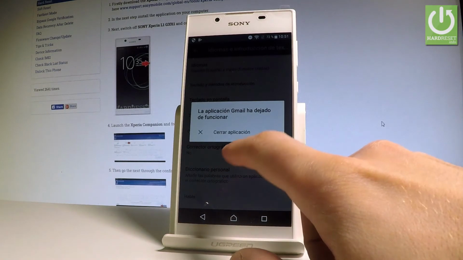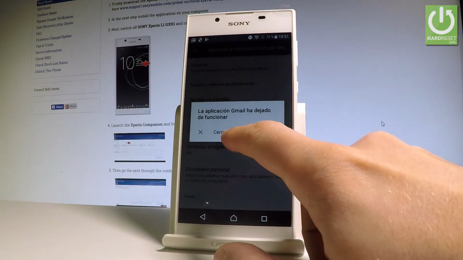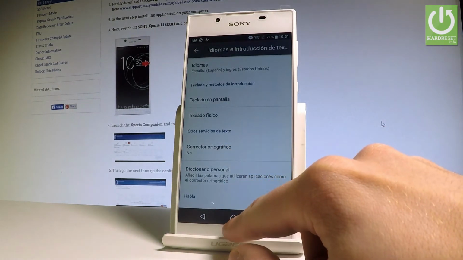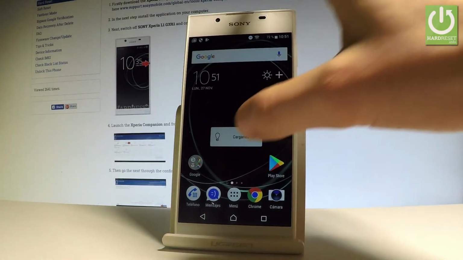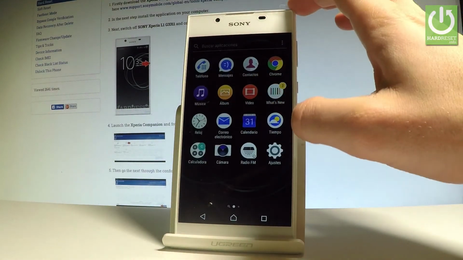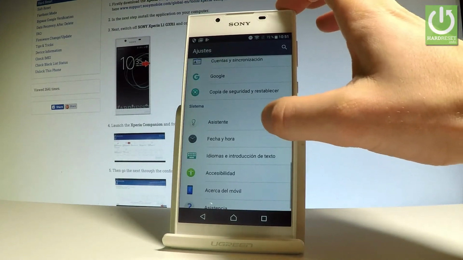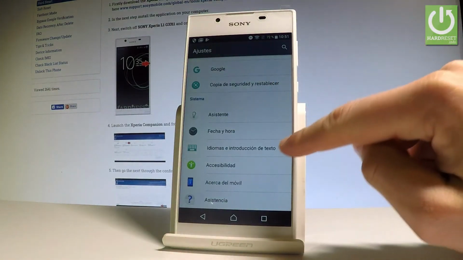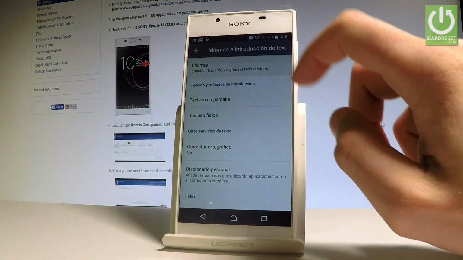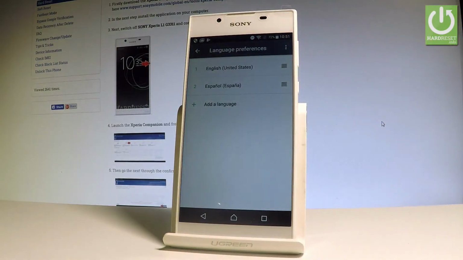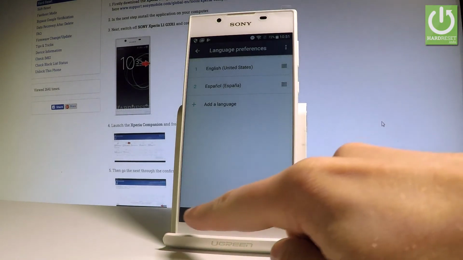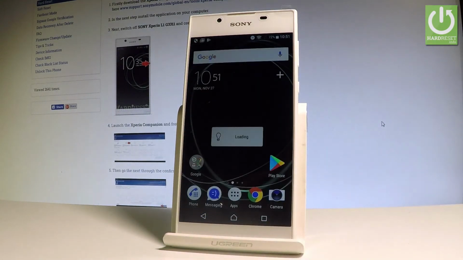and right now the whole list of settings and also the applications are in Spanish. If you would like to go back to previous version, just find the ajustes, choose idiomas y introducción de texto, tap idiomas one more time, and let's place the English into the first position. That's it. Right now everything is in English,